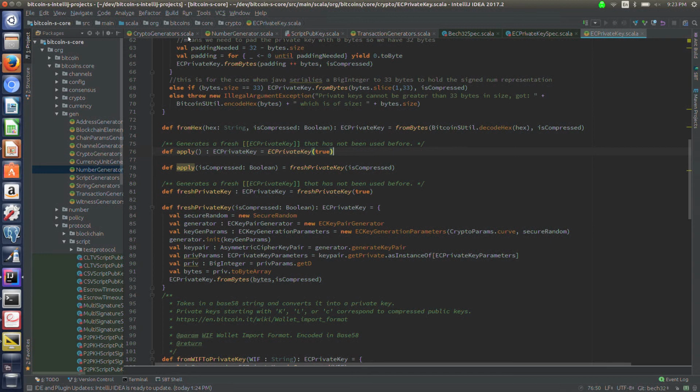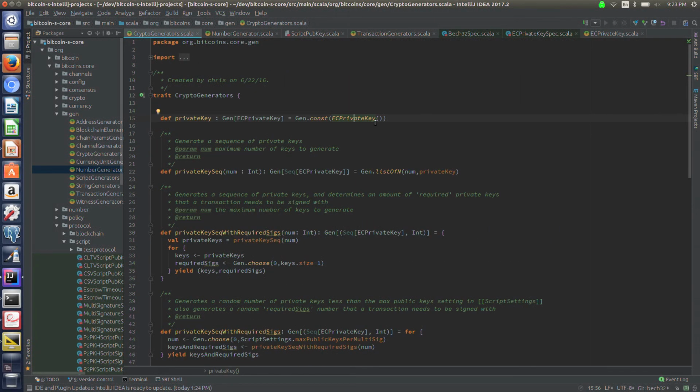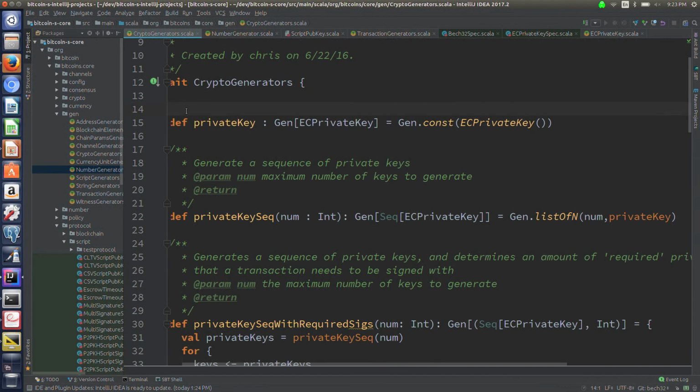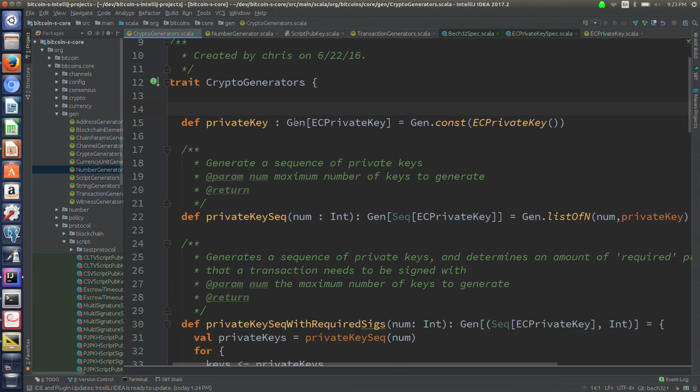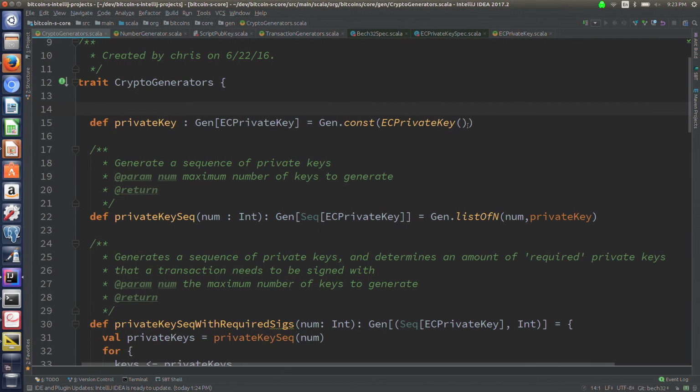And the most basic generator is the private key. The most important thing in Bitcoin is probably the cryptographic private key that actually can be used to unlock your Bitcoins and send them somewhere.